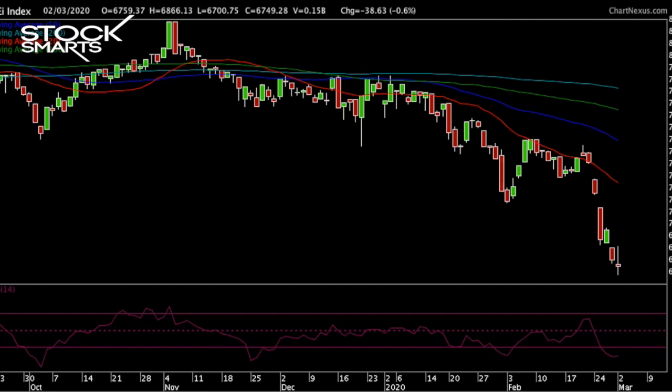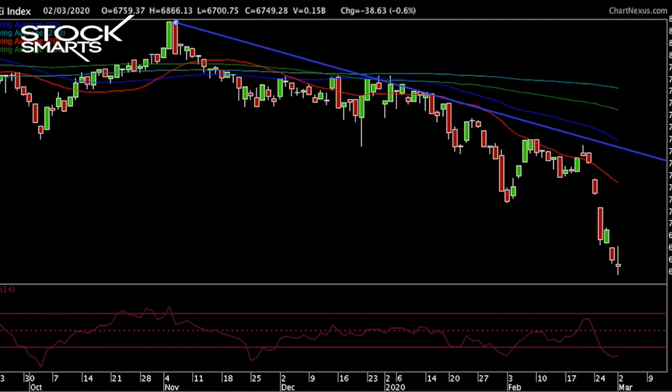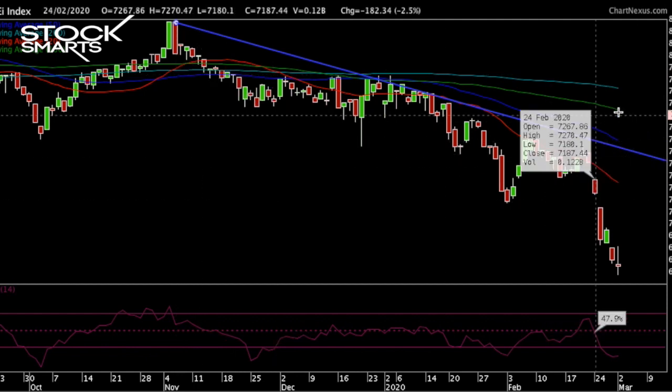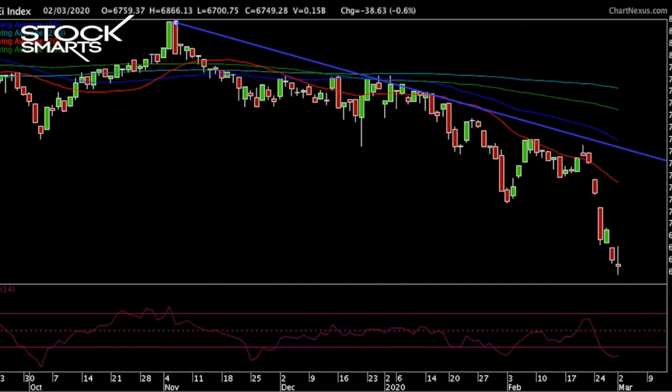Number one, you have to see that it was in something that was declining, or going down, or what some people call a downtrend. If you look at this particular chart, it shows you that from November up to where it is right now, it has highs that are starting to decline, which is what a downtrend really is. And if you look at the moving averages, the 200, 150, and 20, they're all pretty much bearish still. How do we know it's bearish? Because the stock price is below all of those moving averages.